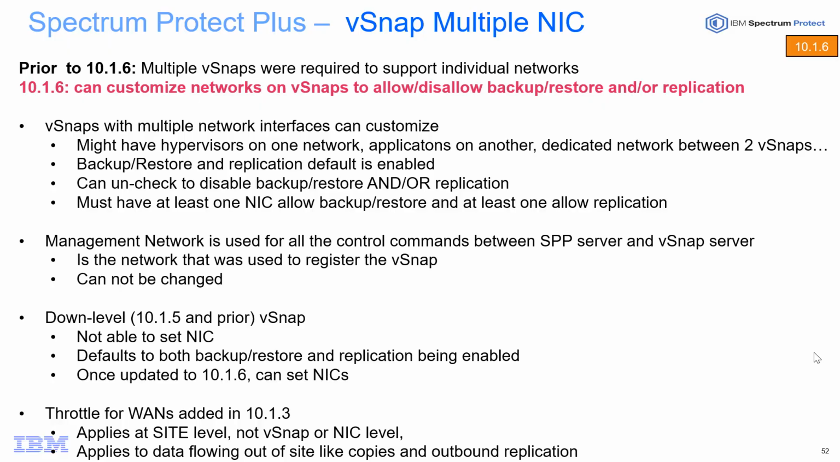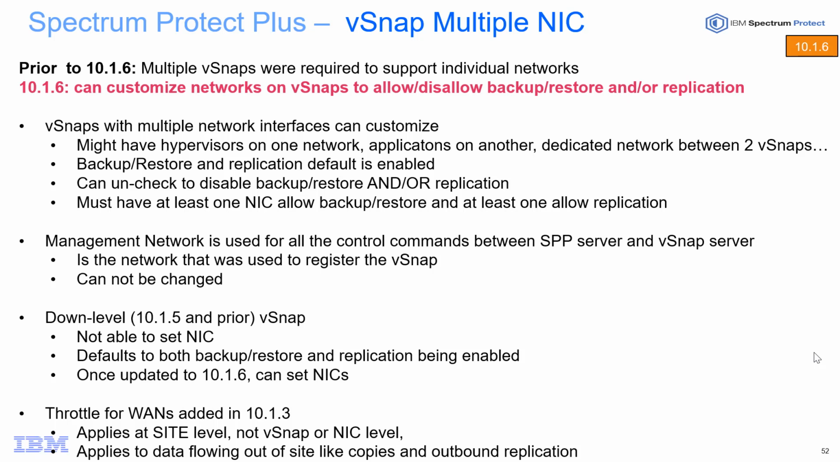Hi, welcome to this demo of IBM Spectrum Protect Plus version 10.1.6 and this new capability to customize the vSnap's network interface controllers, to be able to decide if those networks will be used for backup and restores and/or replication. So if you have multiple networks with different isolated subnets with different hypervisors on each of those, or with